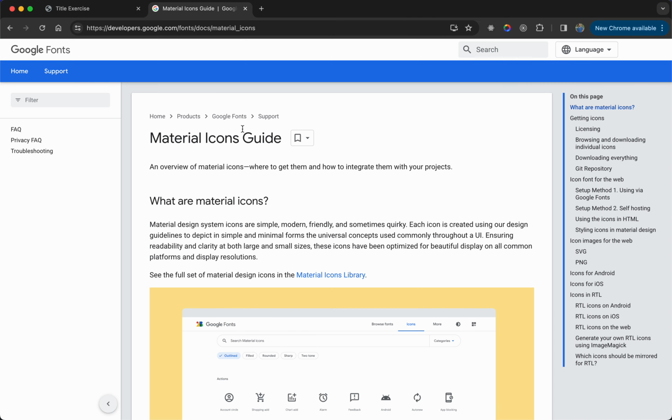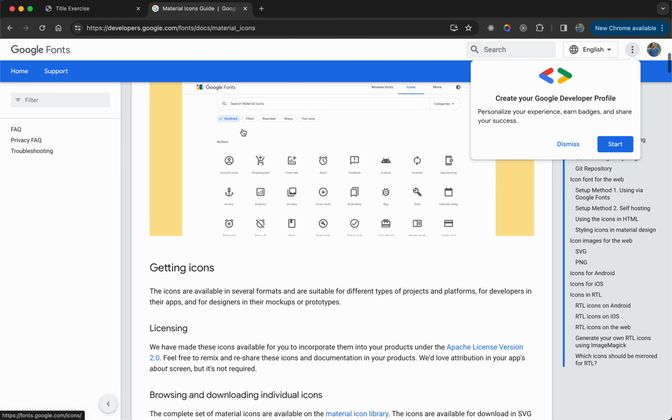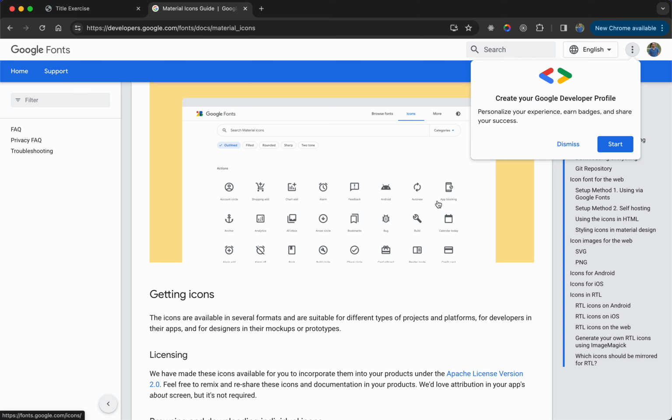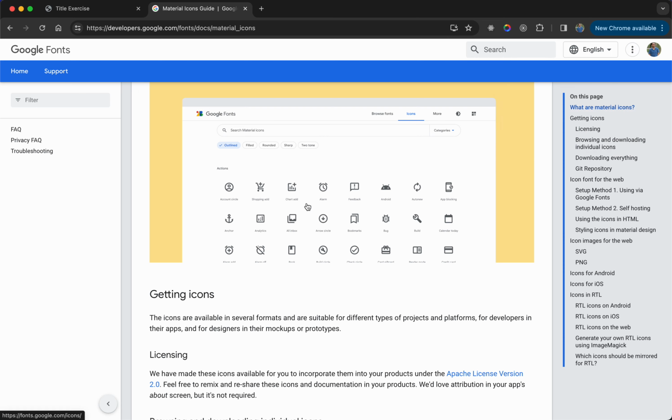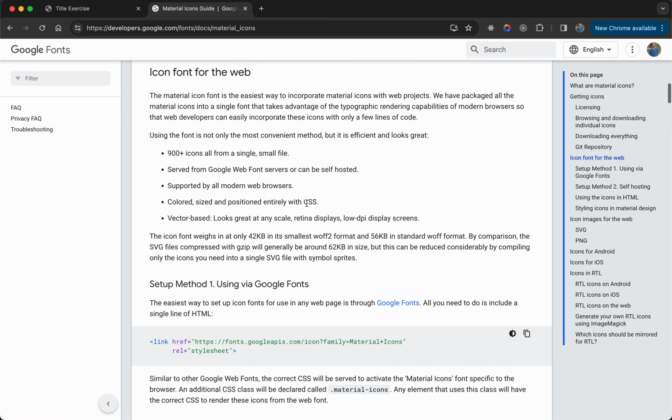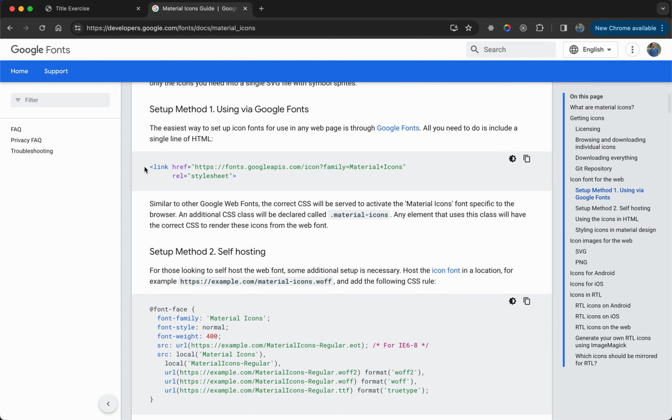Now, Google has something called the material icons. These are all icons that Google provides. Now, we can use this icon in our page. So what I'm going to do is, so